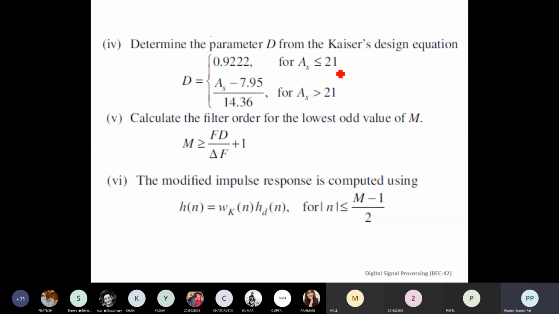And one more parameter is there, that is called the parameter D. So this D parameter will be defined as an expression defined by this. These values we have calculated. So once we know the D value and alpha value, our main motive is to find, for designing the filter,